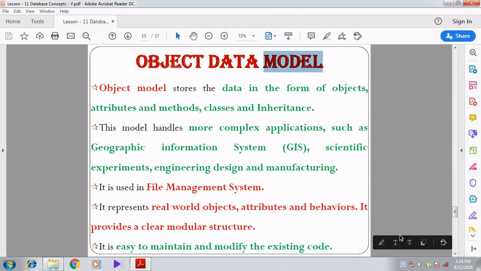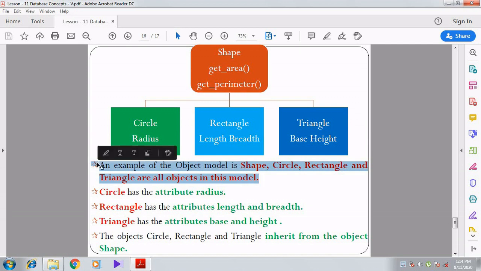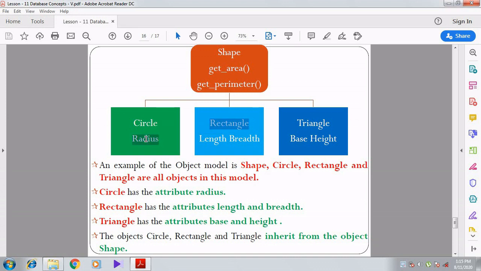Right, let's see this example, then you can understand here. You see here, so shape, circle, rectangle, triangle. So these are the objects. Shape, circle, rectangle and triangle, all these are considered as objects. Here you see in circle there is one attribute called radius.